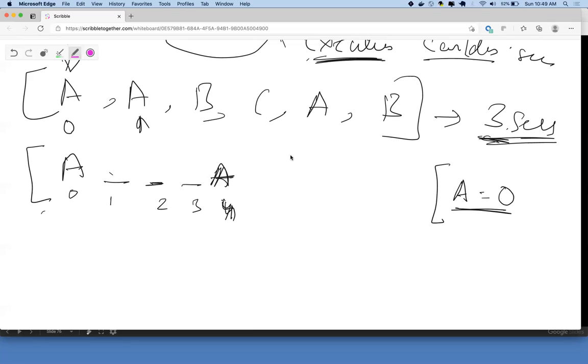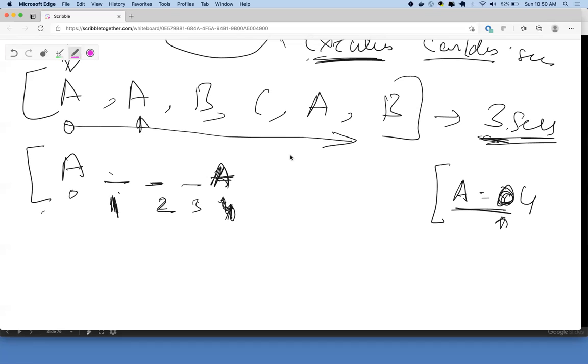Now I check what was the last time A ran, because I have to go in this order of list, right? This task, I check if A is there in the hash map. It is there. When was it last executed? Okay, so let's say I'm at 1. I cannot run it. Let's wait for one more time. Let's wait for one more time. Okay, I'm at 4. Now I can run it. Change 0 to 4.